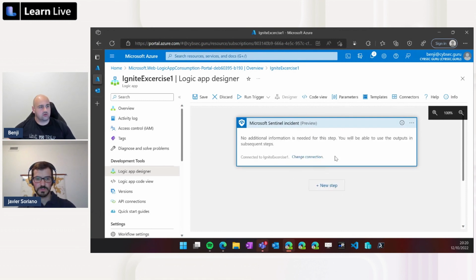So this is the trigger. This is when the playbook will be run. So next, what we want is to do something with it. We just don't want it to trigger. So that's why we have those actions. And let's add some action.